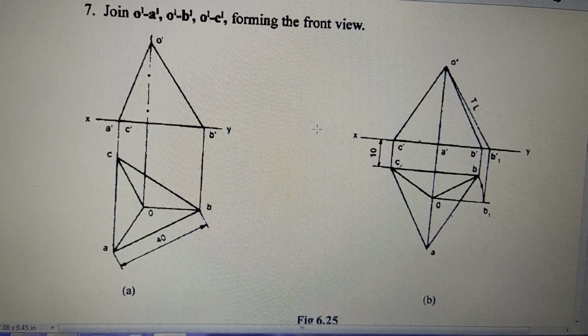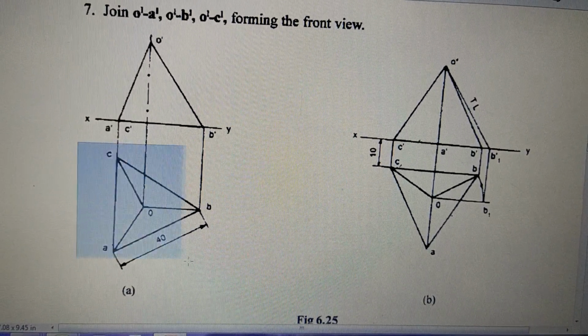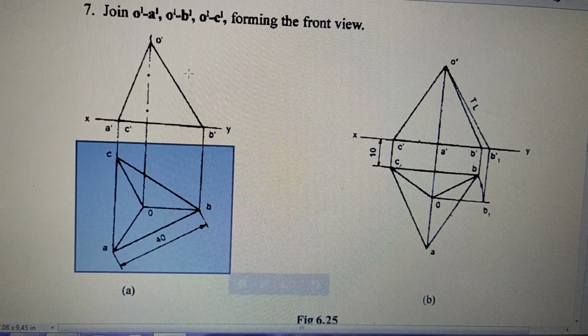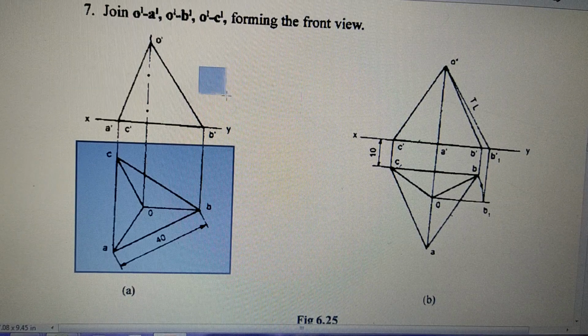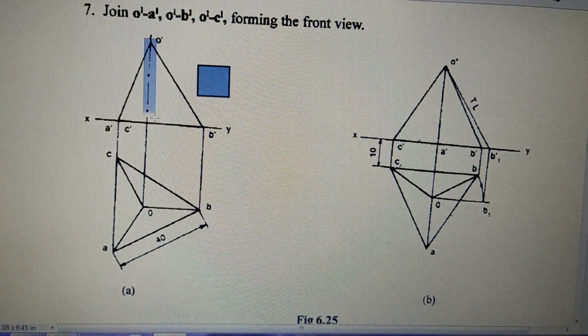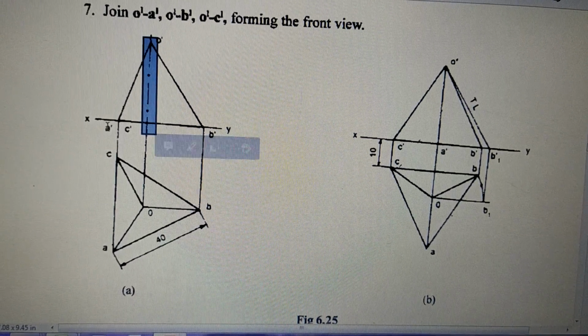Maybe what you can do is you can make one small change in this problem. You can say that this is a triangular prism whose base is 40, 40, 40 and it has got a height. They are not given, they are given something else. You say that the height is 35. So from this point to this point, you take the height as 35 and accordingly you draw.